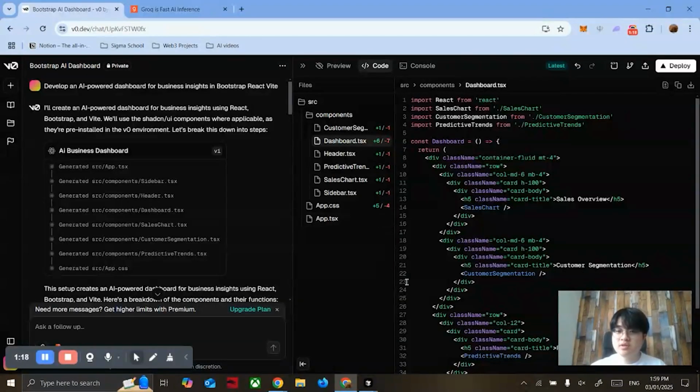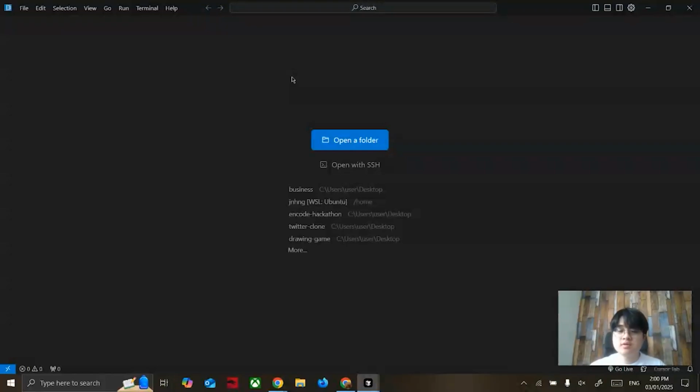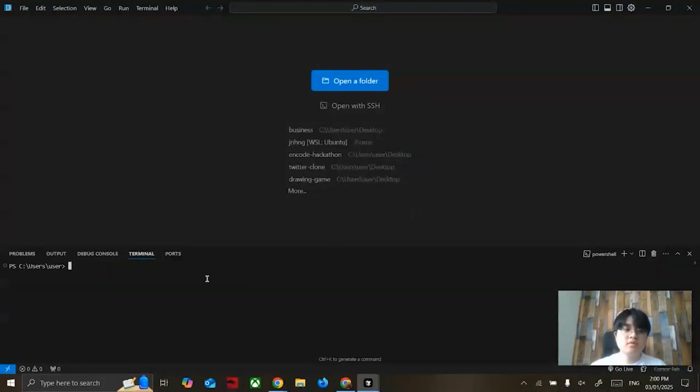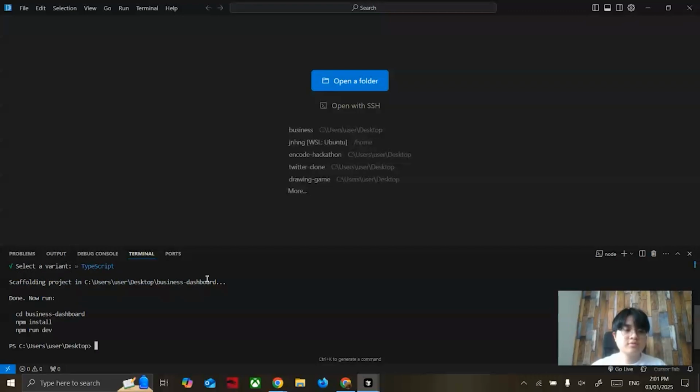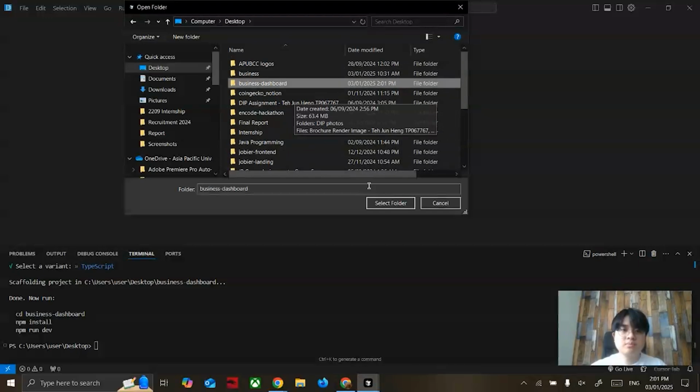So our code has been generated and right now we're going to create our React project in the Cursor IDE. So head to our Cursor IDE. We're going to get a new terminal and cd desktop to create the React project on our desktop. And let's say we're going to do an npm create vite@latest, and we'll call this project business dashboard, and we do it in React, TypeScript, and let's just open our folder on the desktop. This one,